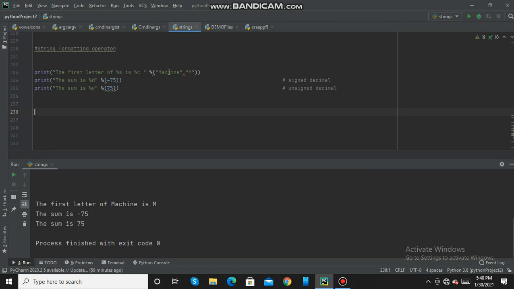So using %s I have printed machine, then with %c I have printed m, with signed decimal I have printed -75 and 75 with the unsigned decimal, that is %u. Similarly we have %x for hexadecimal, %o for octal and %e for exponential notation.